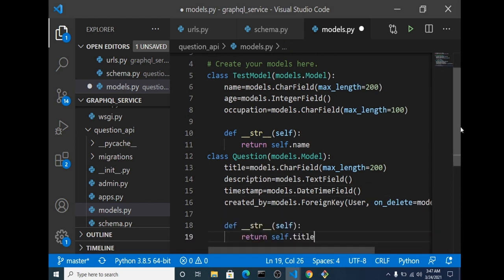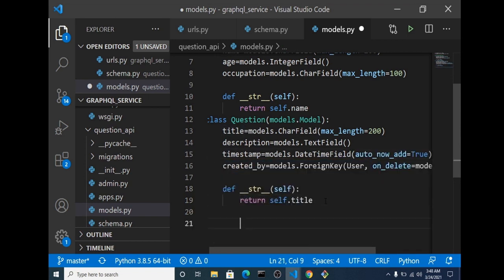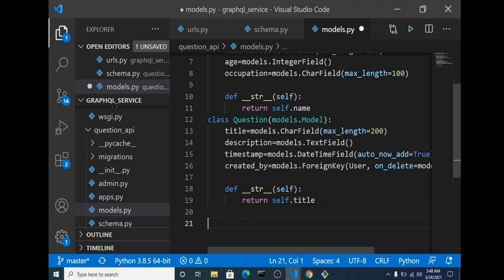So we can define our string representation. Alright, this will be our first question model, so users can actually log in and ask questions by providing the question title and descriptions. We need to also define a model that way